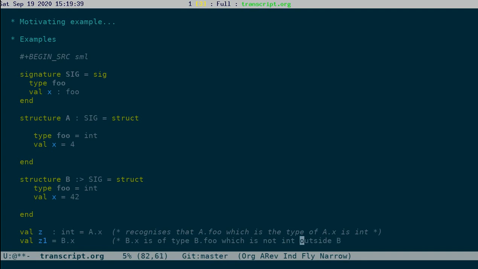It's different from int outside B. Although inside B it knows that foo is an int, outside B it does not know foo is an int. In fact, the only way in which you could generate an element of type B.foo is by x. There is no other element that you can generate out of this.